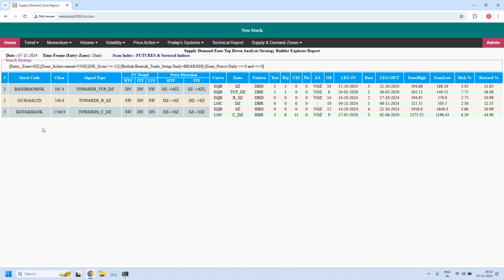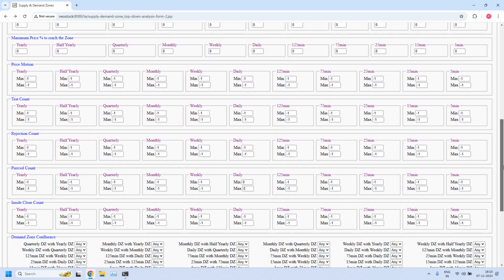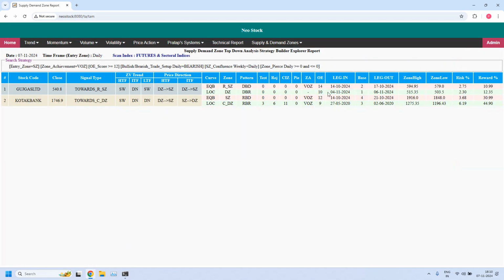If there are any high probability supported stocks from this list, let's identify. First, based on LTF and ITF supply zone confluence. That is daily and weekly supply zone confluence. Filter is enabled. Let's verify. And 2 stocks are filtered. Currently, these 2 are having LTF, ITF supply zone confluence. That means the daily supply zone is part of the weekly supply zone. Weekly trend is down. If any of these stocks are having weekly EMA confluence, that is even more high probability